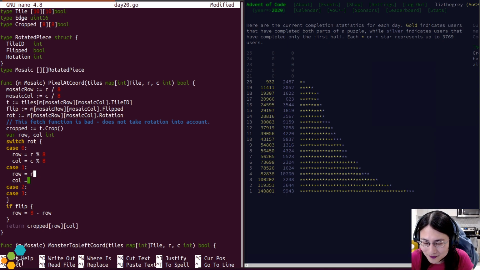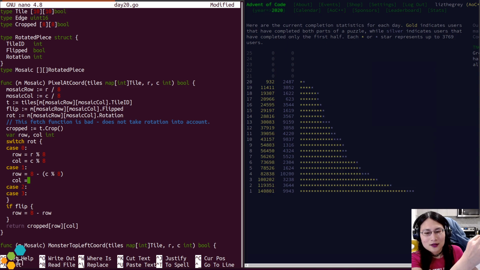Okay. So in order to read from 0,0 on a piece that has been rotated, I need to actually read from row 8 minus C%8, because, yep, that's correct.